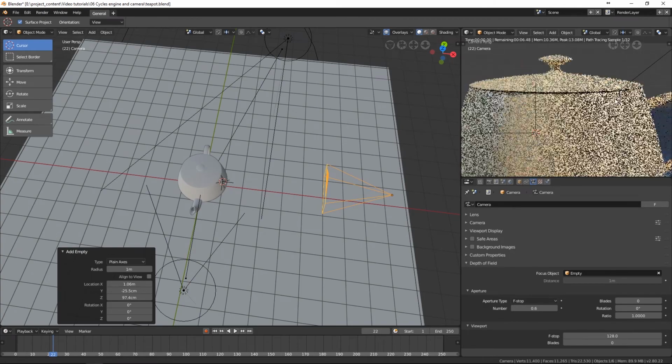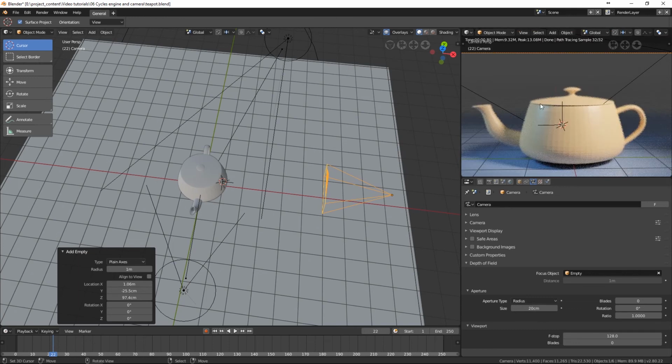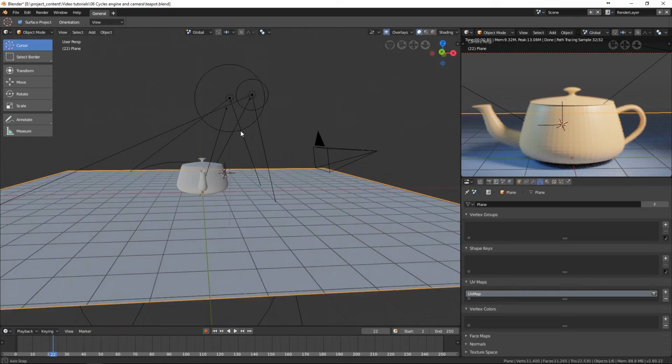I think that's good, but this is not a very realistic teapot because it's huge and it's very far away. So the f-stop does not do very well. So I'm going to switch back to the radius way of setting, and I'm going to maybe make it 20. Okay, so I think this depth of field is good, and I'm going to move the